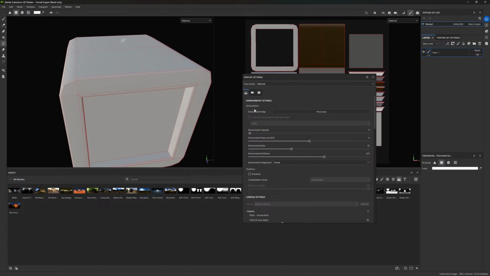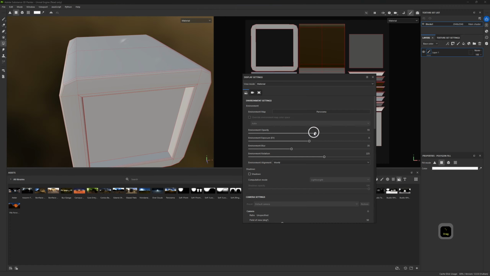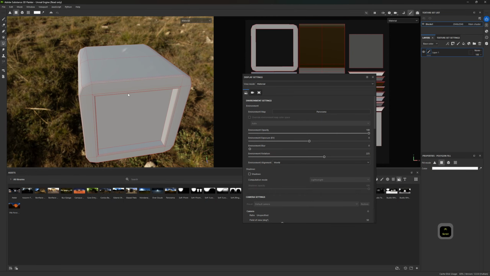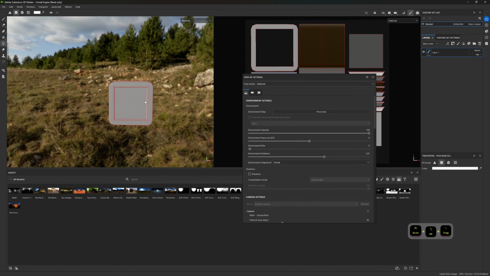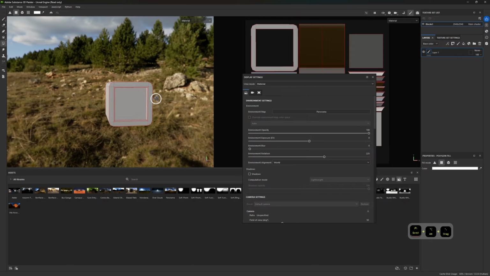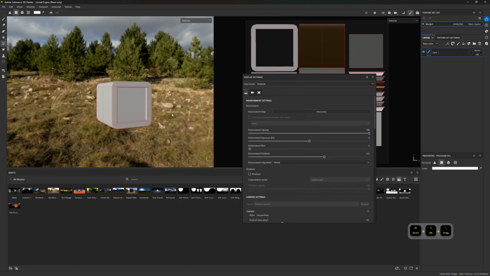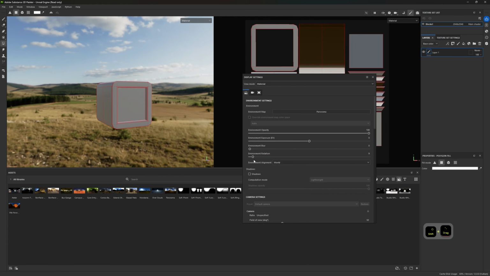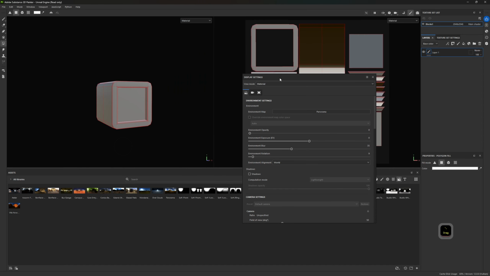They're HDRIs, right? If I turn up the opacity really quickly, and the blur is 35, but I'll turn it down, right? Zoom in and out, and then if I hold Alt and pan around, you can see the panorama in the background. Now, if I hold Shift and right click, you can see I'm rotating the environment. So I'm going to put this back to 35, and then turn the opacity back down